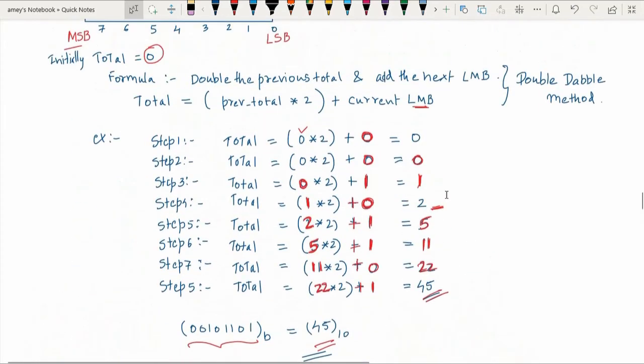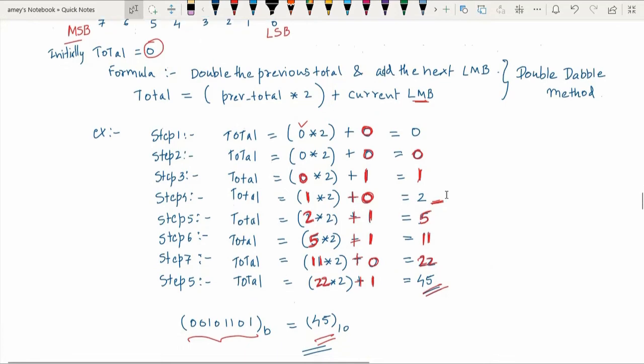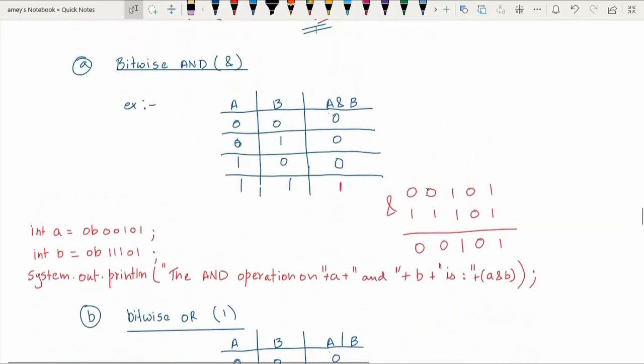Next, after learning how to convert binary to decimal and decimal to binary, let us now see each of these operators. We have the first operator, single AND, that's called bitwise AND. The logical AND that we have already studied has a double ampersand. This logical AND is used for logical expressions, right? It cannot be used for binary numbers, whereas this single ampersand is used for bitwise, that is binary numbers. If any of the operands is 0, then the answer is 0, whereas in the AND gate, only if both the operands are 1, the answer is 1, right?